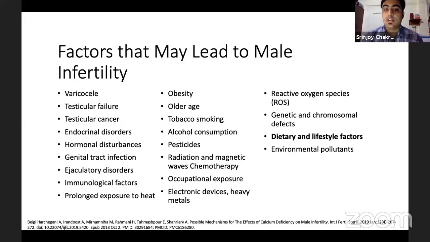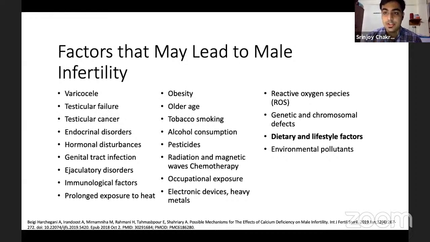Now, on your screen right now, we can see the various factors that lead to male infertility, which we all know about. But the key aspect, which we will also be studying, is the dietary and lifestyle trends of a person that can contribute to male infertility. Especially, as I said, I'll be talking about calcium and the association of dietary calcium with